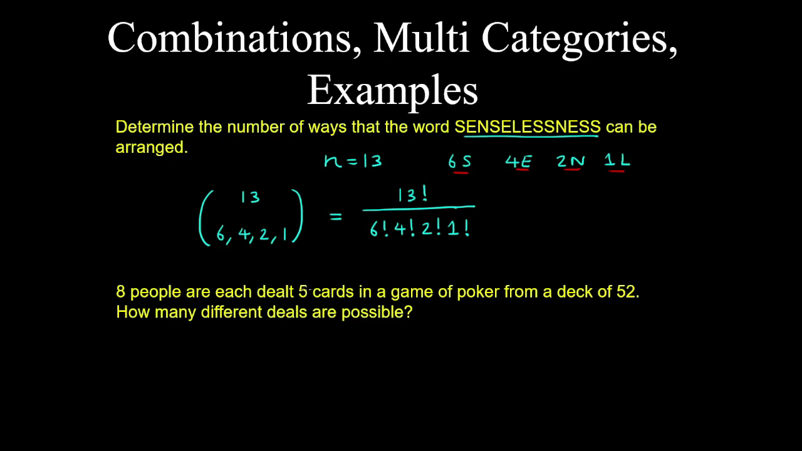Now 8 people are each dealt 5 cards in a game of poker from a deck of 52. How many different deals are possible? So what we need to do is put 52 cards in 8 lots. So 5 for each player. So given that 8 lots get 5 cards each, which is 40, we have 12 cards left over,